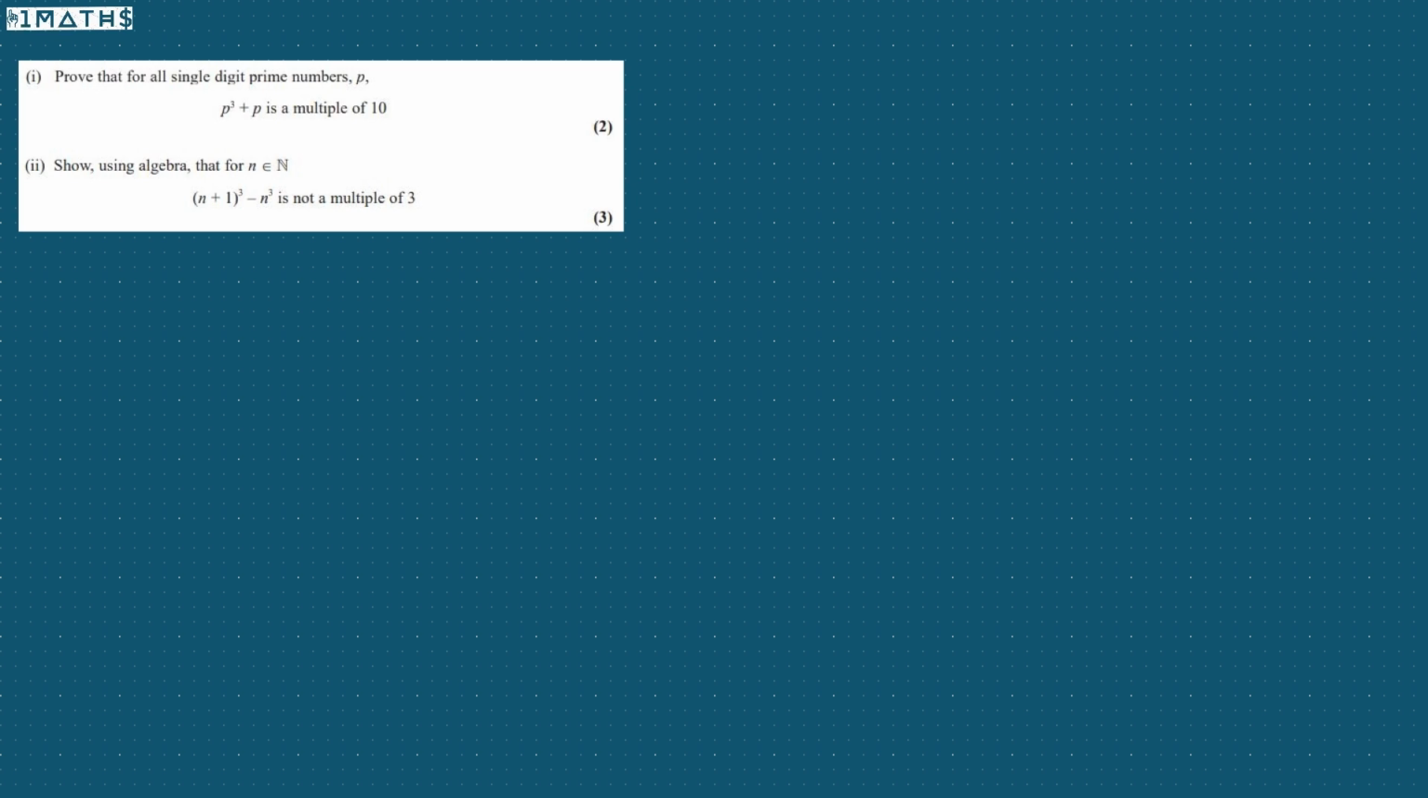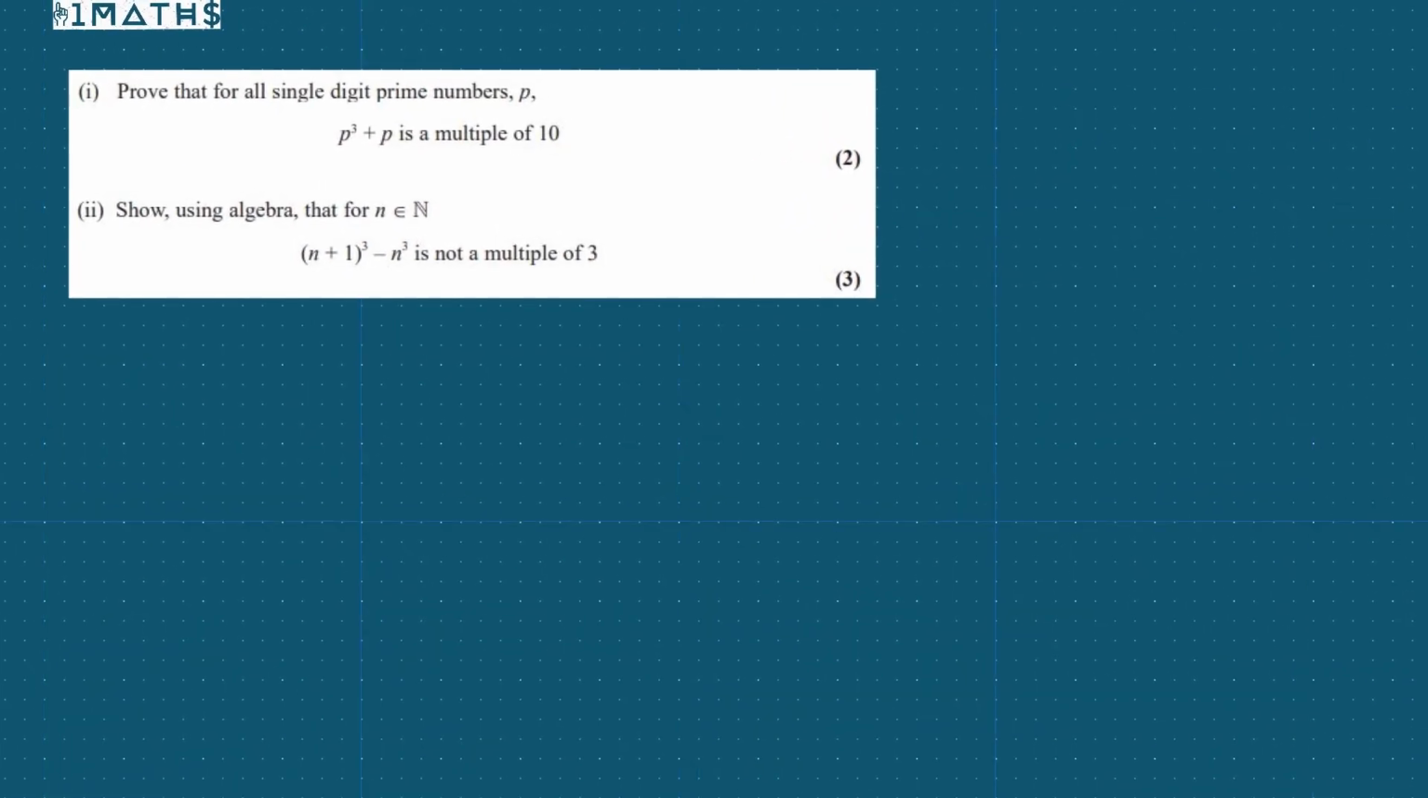In this question, we are asked to prove that for all single-digit prime numbers p, p cubed plus p is a multiple of 10. So the single-digit prime numbers: 2, 3, 5, 7. There we go. Those are the first 4 primes and all the single-digit primes. So let's go and prove that this